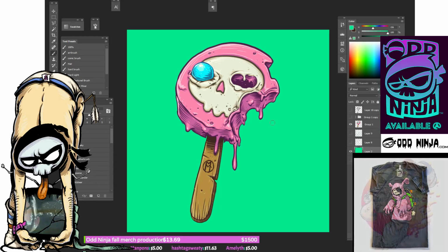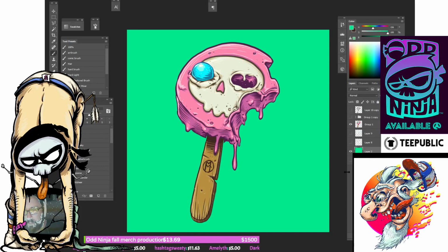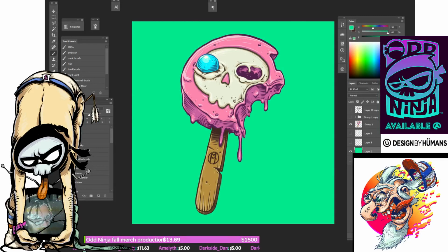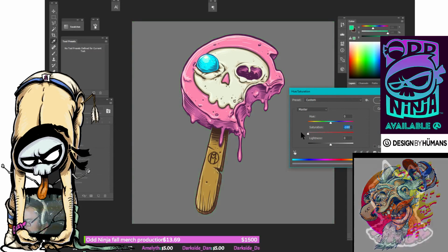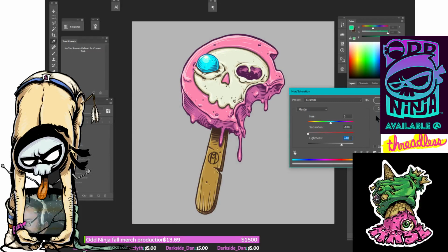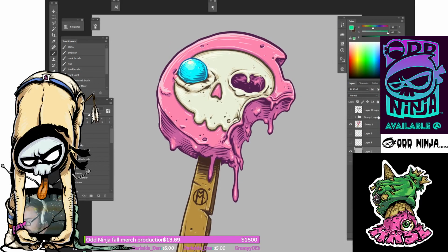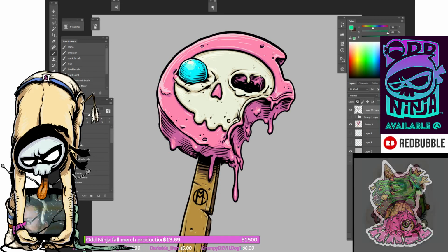Yeah, it's a 50-50. It really depends on the piece and your personal aesthetic taste too. But I've been finding on some designs that I'll meet in the middle. I'll color it like I have here, but then I'll bring back the black and just push it down a bit. So it's kind of like